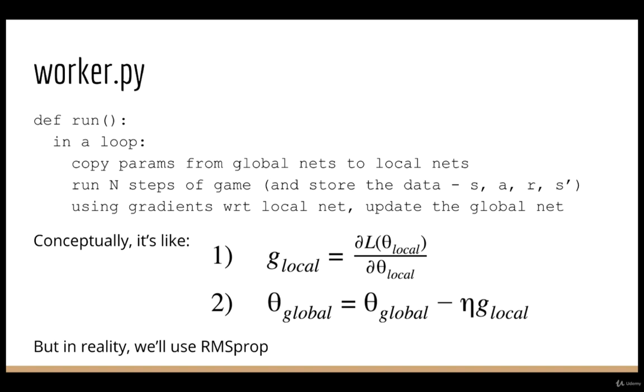Now, of course, in TensorFlow, it's not going to look exactly like this because we don't actually explicitly write out the gradient descent update. Instead, we'll be using an adaptive training algorithm such as RMSprop, and our actual goal will be to figure out what is the correct TensorFlow function to apply this sort of mixed update where the gradient used to update the weights of one network actually comes from the loss of another network. The worker.py file is probably going to be the most complicated of the three, so you just have to wait and see what the exact details are. Just keep in mind each of the above steps will actually turn out to be multiple functions.